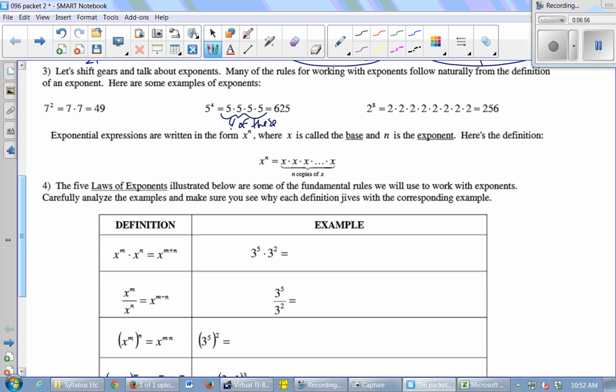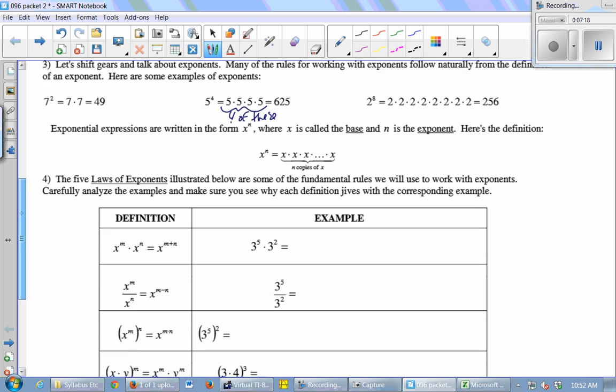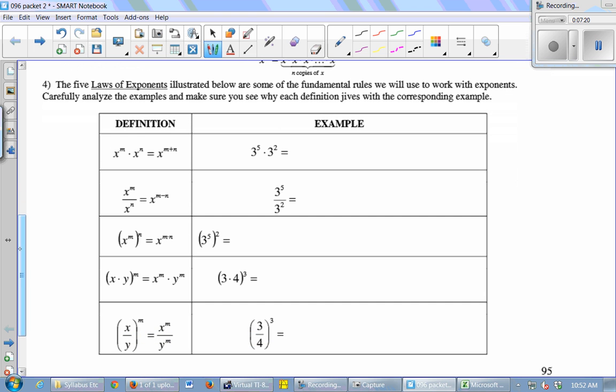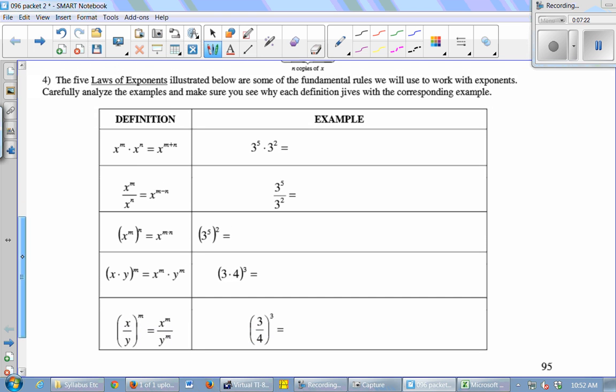And 2 to the 8th, that means you're going to write 2 times 2 times 2 times 2 times 2 times 2 times 2 times 2, 8 times, right? And that comes out to 256. So it's just the definition of an exponent. Means whatever the exponent is, you multiply the base times itself that many times. All right, so the 5 laws of exponents, many people just memorize these properties, but they follow very naturally from the definition. So if you ever forget what the rule is, you can remind yourself by just using the definition